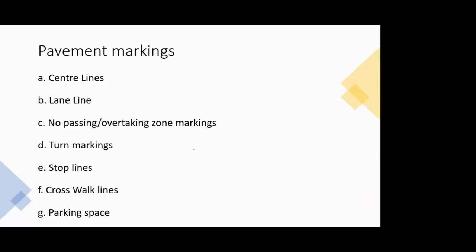So this is road markings, and in pavement marking also you have a lot of variety. Again, I don't know if many of you know this, but there is a difference between a yellow color marking and a white color marking as well. And there is also a difference if I am having a dotted line or a continuous line or a double continuous line. Or in this dotted line also, if the gap is more, that also has some different meaning.